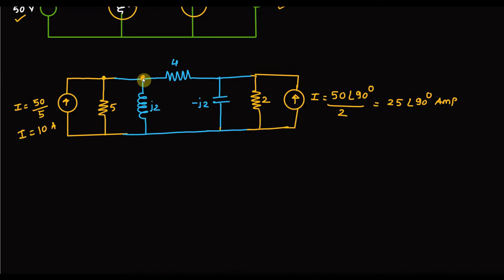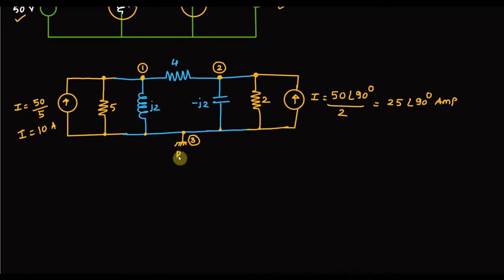Yes, this will be a node. But these two will be the same. Why the same? Because there is no element between them. So there is only one node here. Similarly, this and this will be the same because there is no element between these two. So this will be your second node. Fine. And you can see that this point, this point, this point and this, these 4 are nodes, but there is no element between them. So this can be considered as a single node and we will give that number 3 and you will write like this.